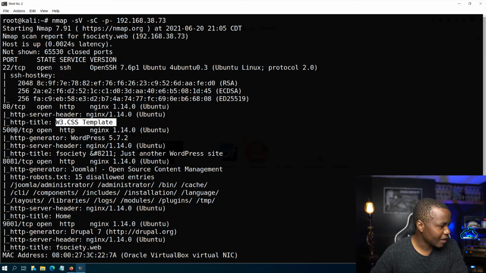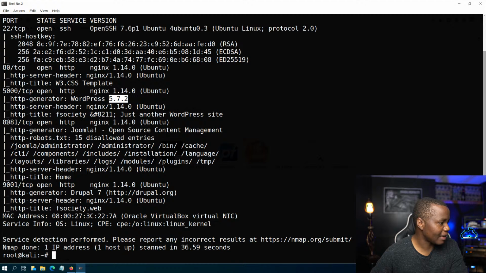We have port 5000, which is running WordPress, and we have a version. We'll check that one out right now. Then we have 8081, which is running Joomla. Remember, the name of the machine is my CMS. So it looks like this person just put WordPress, Joomla, and they also put Drupal. So we have to check all these CMS solutions here manually. We also have an HTTP title of